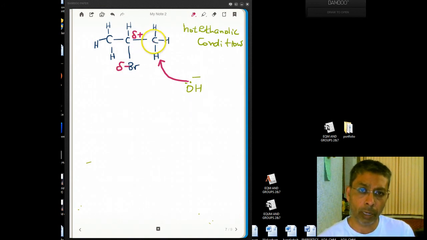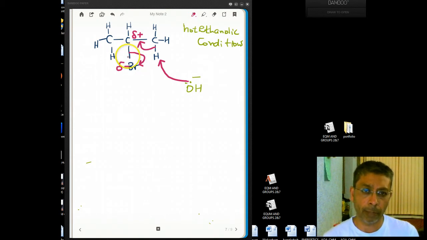So any one of these hydrogens just next door to the carbon bromine, the hydroxide will take that away. Now when that happens, the electrons from the carbon hydrogen bond will fall between these two carbons, and at the same time the bromine will take the pair of electrons here. Now be careful with the arrows that come from the middle of the bond. Can you see? Middle of the bond, and from the pair of electrons. Okay, now this will produce